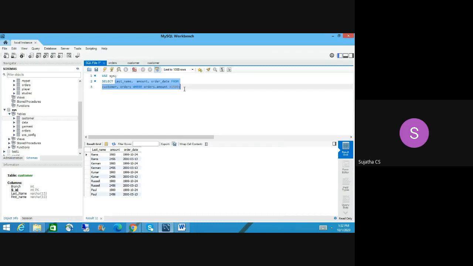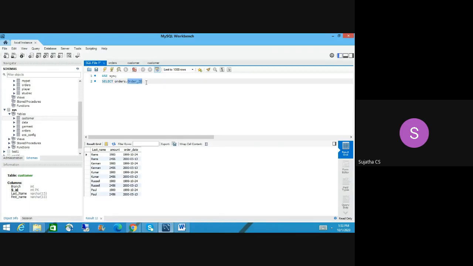Let me show you. Orders dot order ID. So you can also write this way. Order ID. So if you are going in a proper way, first pick up customer table columns, and then pick orders table columns, then you don't need to pass that parameter like this, table name dot column name.